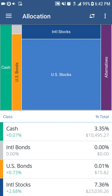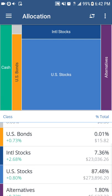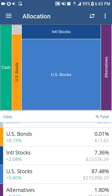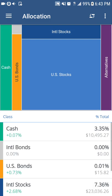Within Personal Capital, you get a breakdown of your holdings, allocations, and sector diversification, which is helpful to see how you can improve your portfolio. So taking a look at allocation, let's look at the breakdown. Currently, cash position is 3.35% of my portfolio at